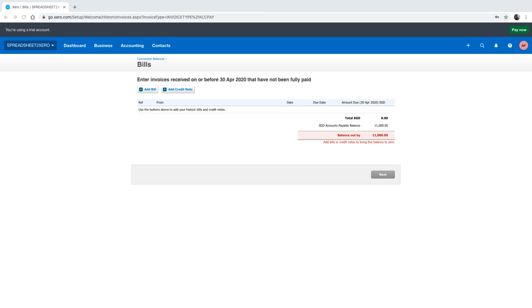So in order to save the accounts payable conversion balance of 11,000, Xero requires supporting documentation. So in other words, if you're telling Xero that at the 30th of April 2020, 11,000 is owed, Xero needs a record of these corresponding bills that relate to this balance. So to do this, you just click Add Bill,